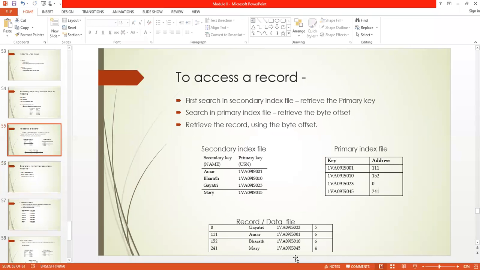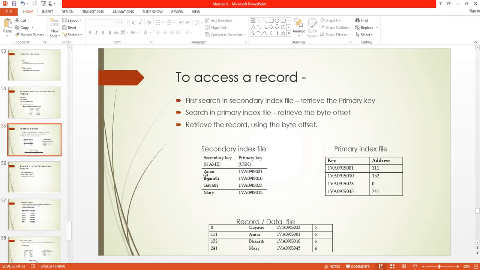Okay, the whole record is here. Now, according to the record added, the secondary index file has to be updated, and also the primary index file has to be updated. Ashmita is a new name, fine. It is a new entry because the name Ashmita is not there in these records.